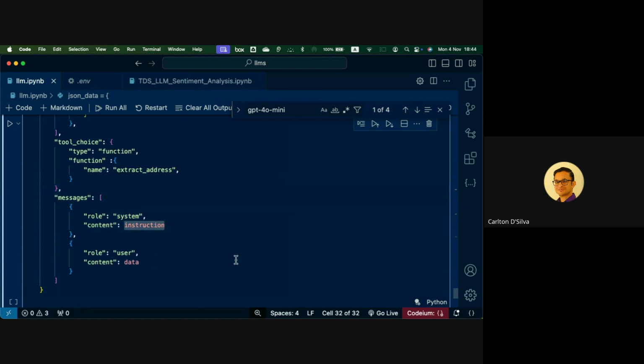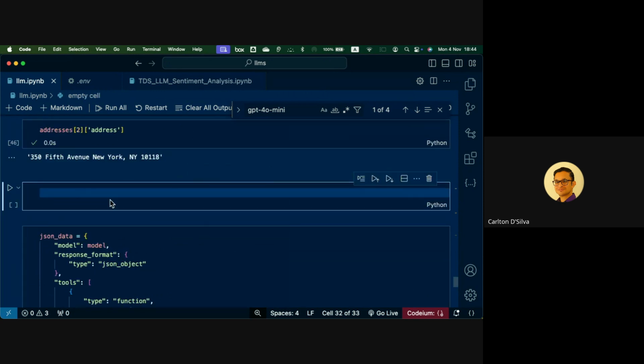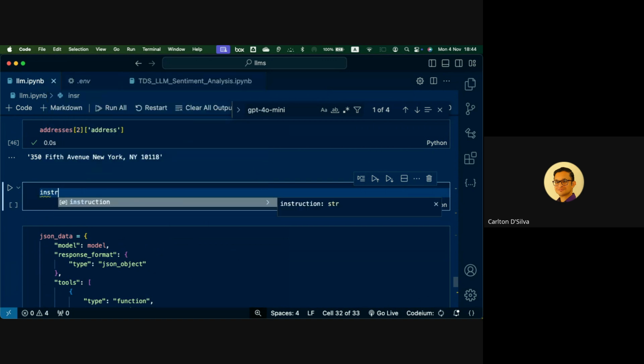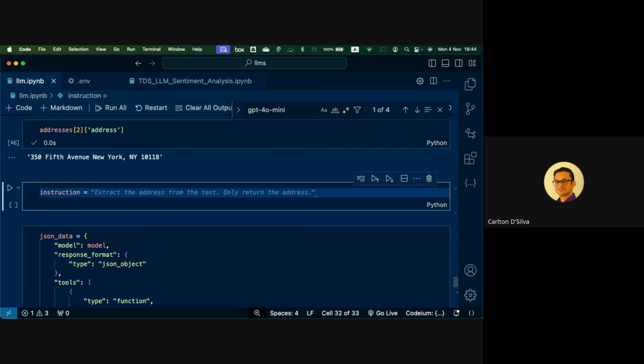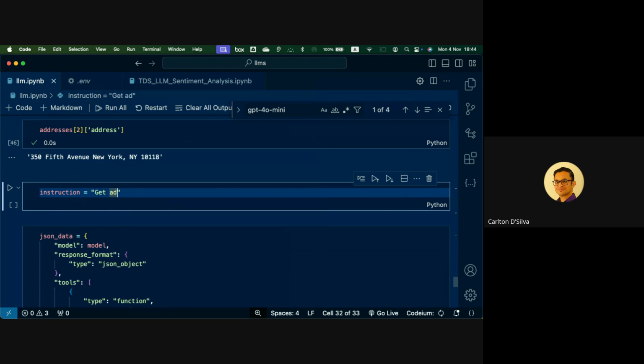So here we can give it some new instruction: get address as JSON via, and now watch this, I'm giving it the function name.